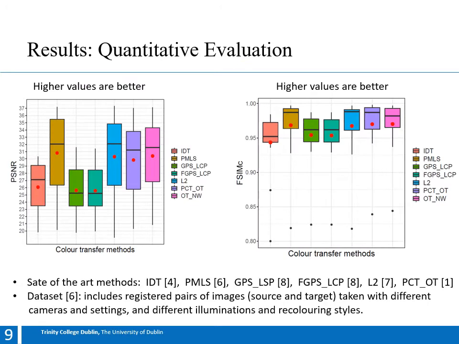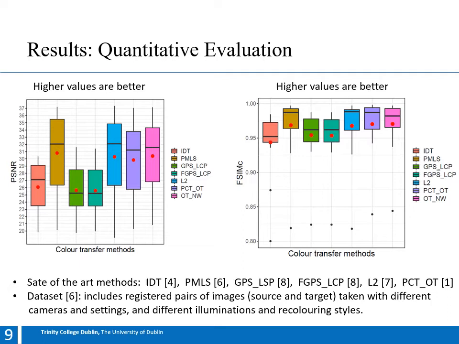In this slide, we provide our results. We provide quantitative evaluation for our approach, noted here as OT in W, and we compare it to different state-of-the-art color transfer methods. In these evaluations, we use image pairs with similar contents from an existing dataset. These datasets include registered pairs of images, source and target, taken with different cameras and different in-camera settings,